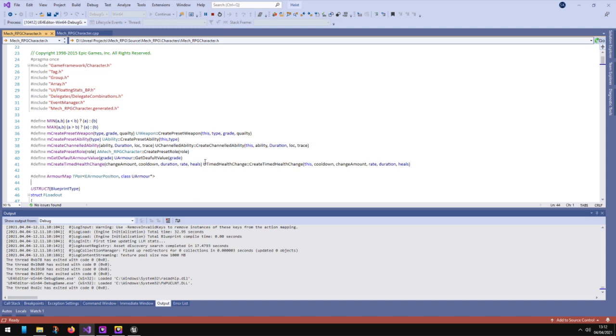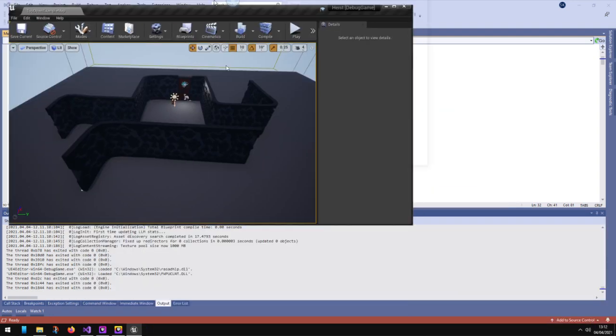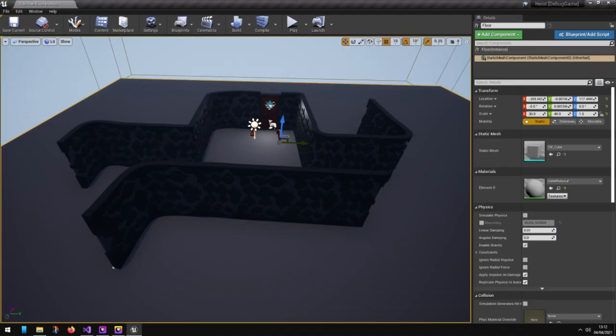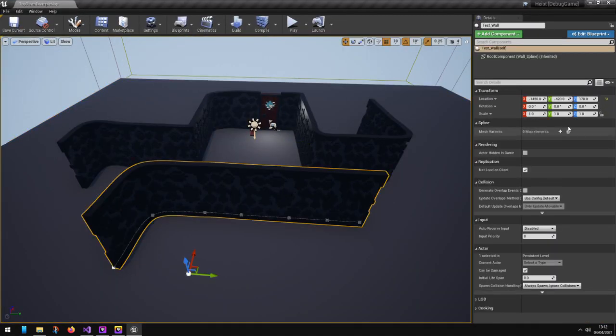My plan this afternoon, God, it's been morning already, is to work on a quest system for the game I've been working on in the Hummer engine. Pull this thing back over here. So last time